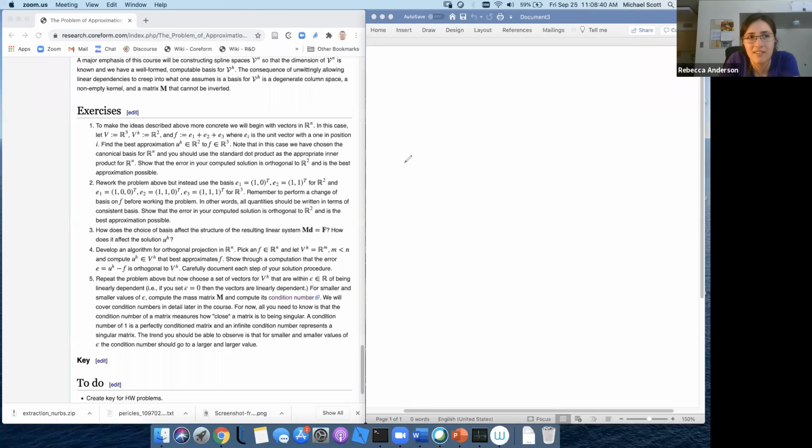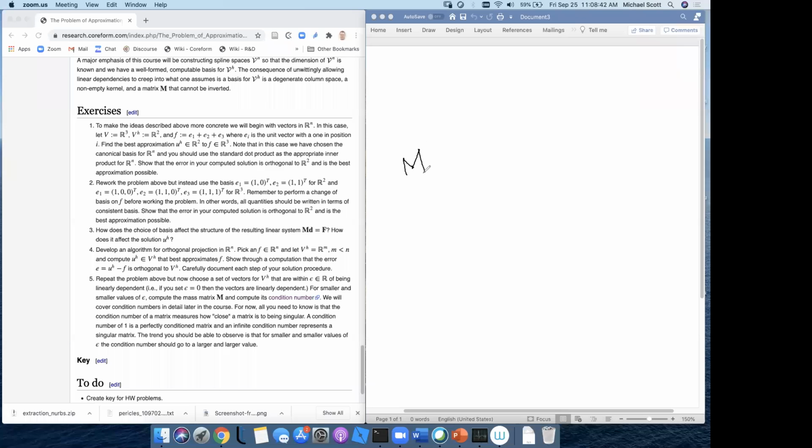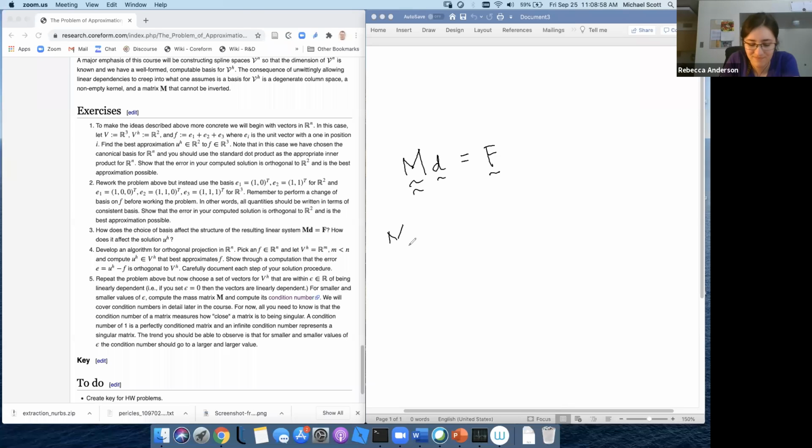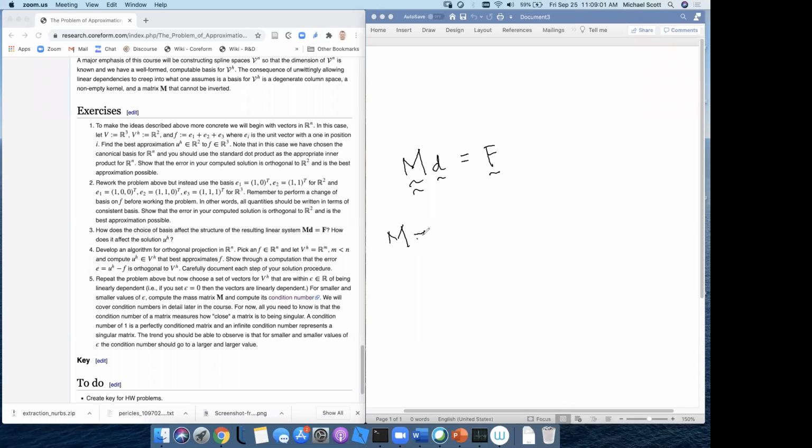Okay. So MD equals F, right? This is our problem. And we need to fill in M and F and then solve for D. That's what we're after here. Right. M is equal to